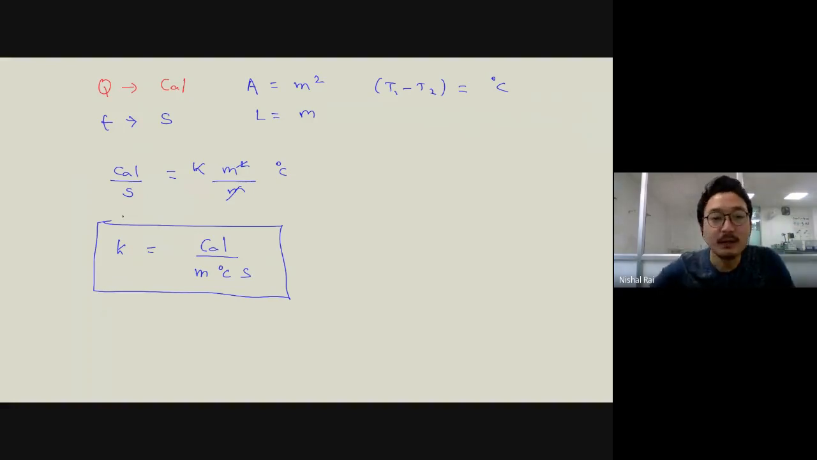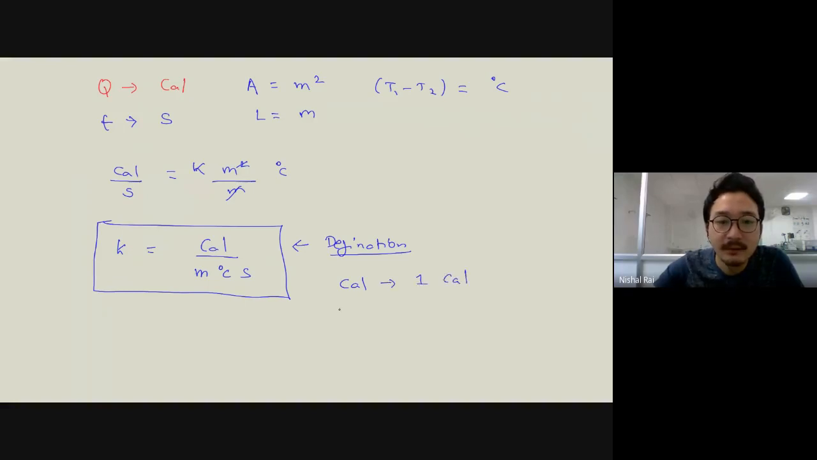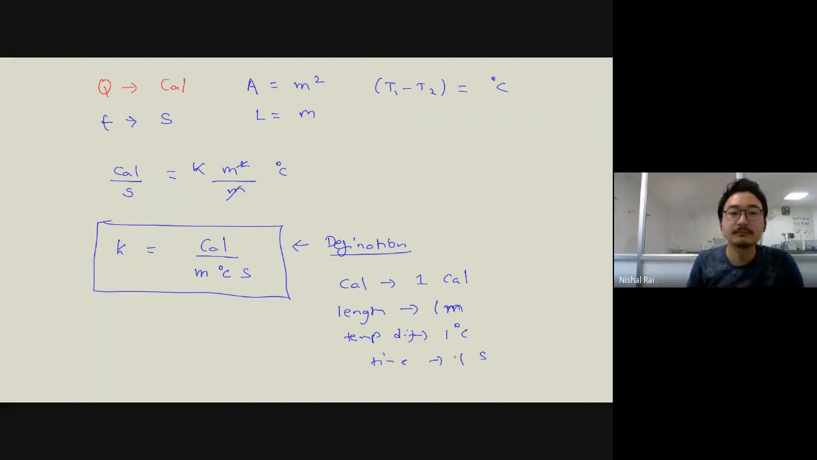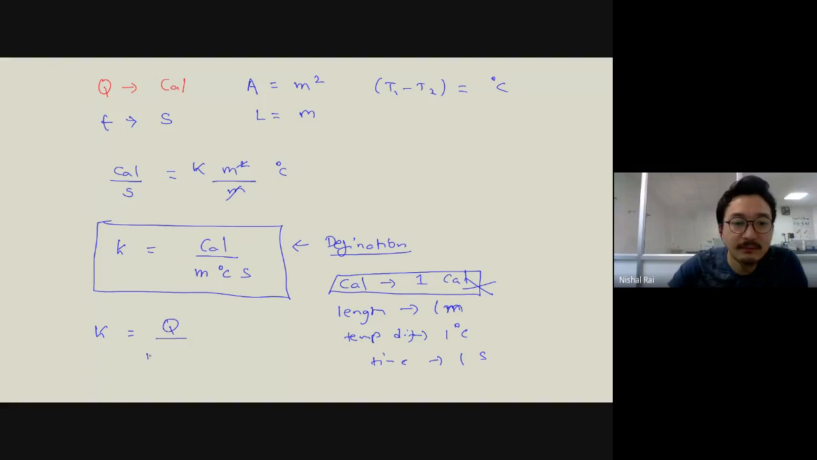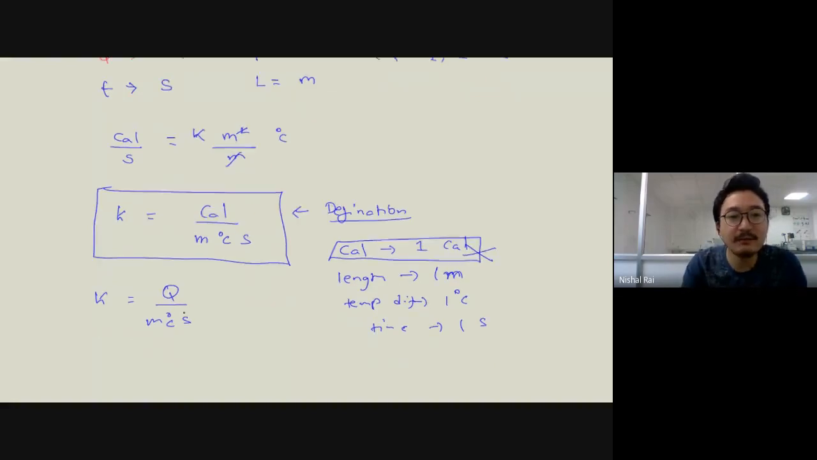So from this, I think we can define the definition of K also. If you want to construct the definition of K, we have an energy of 1 calorie, a length of 1 meter, a temperature difference of 1 degree Celsius, and a time of 1 second. So what will you get? Instead of calorie, you can just write K is equal to Q by meter second degree Celsius. So basically K will be, if you put all the values,